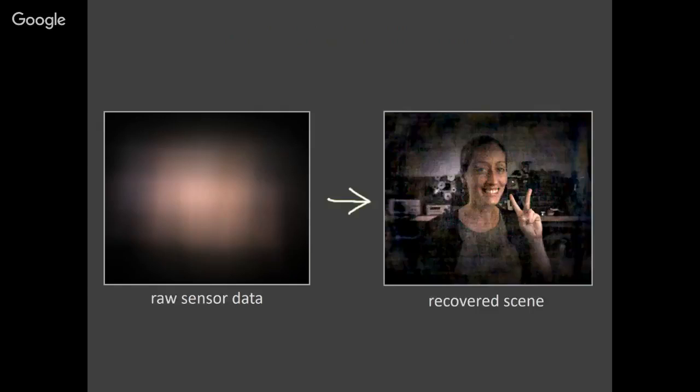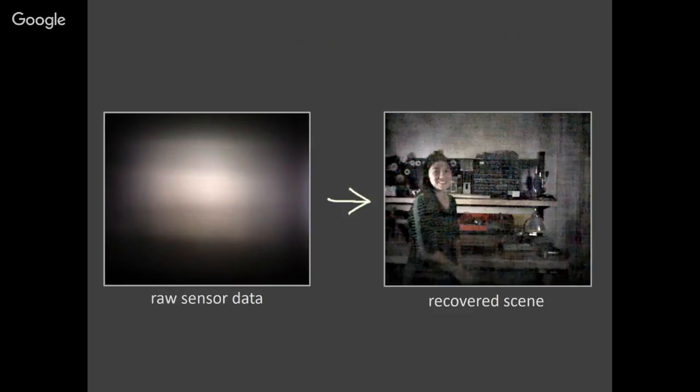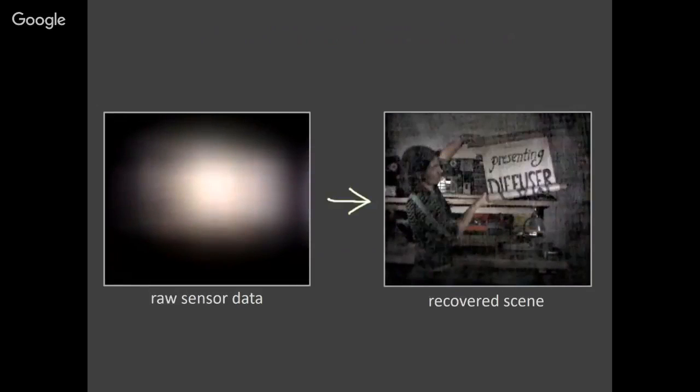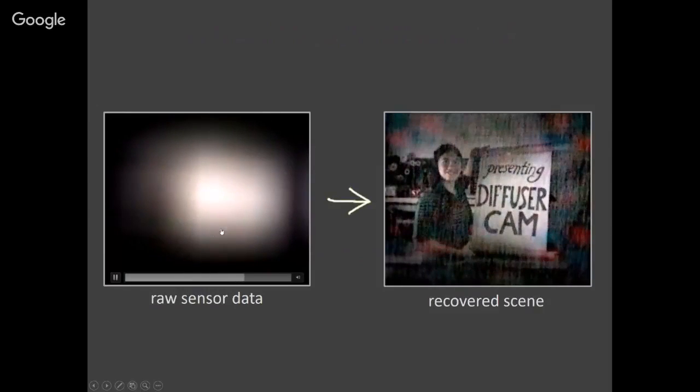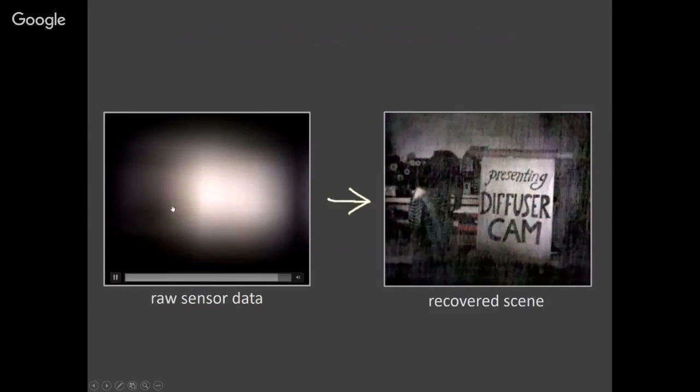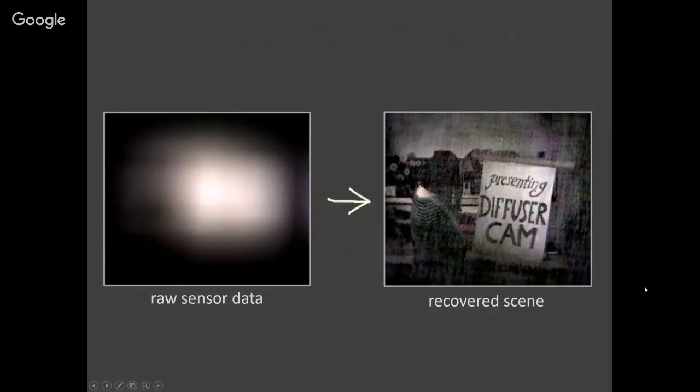Okay, so then I give you this raw sensor image, and you can tell me what it looks like. It's a picture of me. So you can see that we're still working out some artifacts, but now we can do video rate stuff. And it looks like the raw sensor data is a big white blob, but if you zoom in on it, there's actually quite a lot of detail,